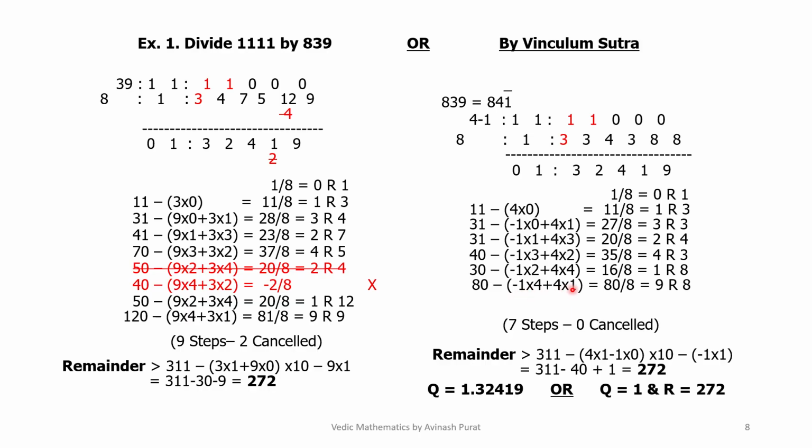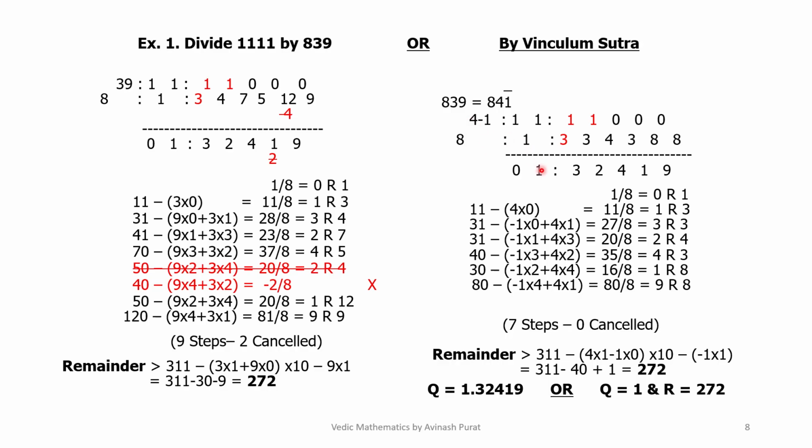So 4 plus 4 minus 4 equal to 0. So 80 divided by 8 equal to 9 and remainder is 8. Now here we see there are 7 steps and there is no cancellation. So 0 cancelled. Now remainder is 311 minus